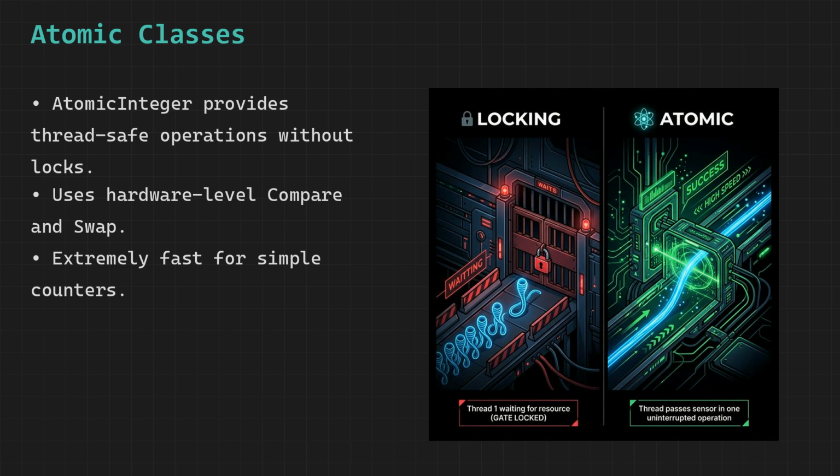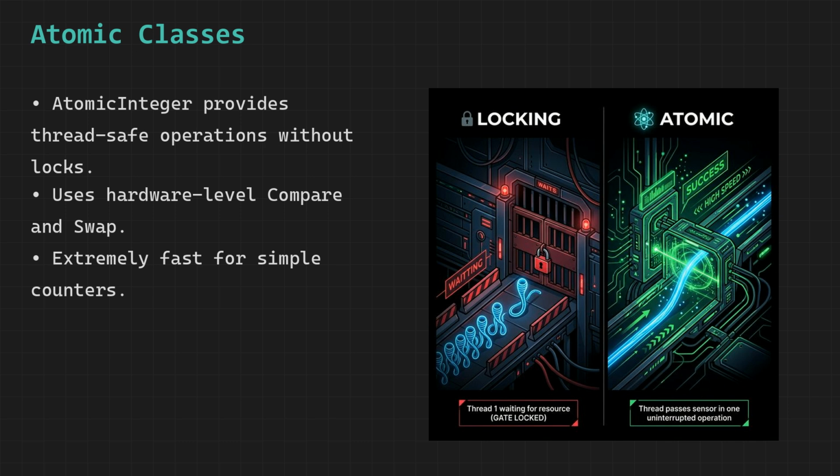no time to complete. In such situations, Java provides a much more efficient and elegant solution through atomic classes like AtomicInteger, which are specifically designed for lightweight thread-safe operations on single variables without the need for explicit locking and unlocking, which makes them both faster and easier to use in scenarios involving simple counters, flags, or accumulators.